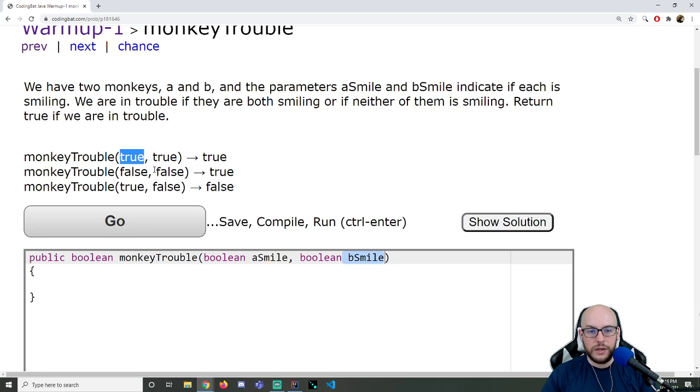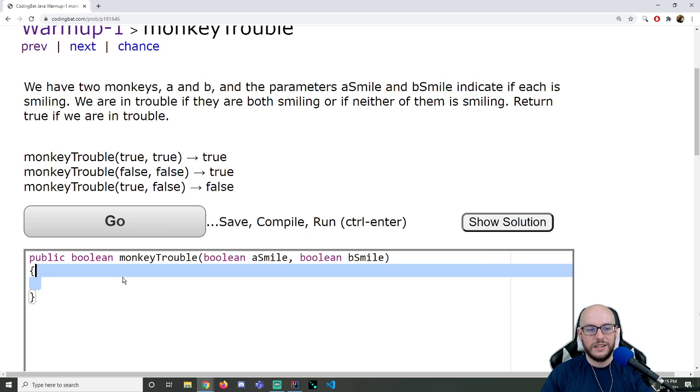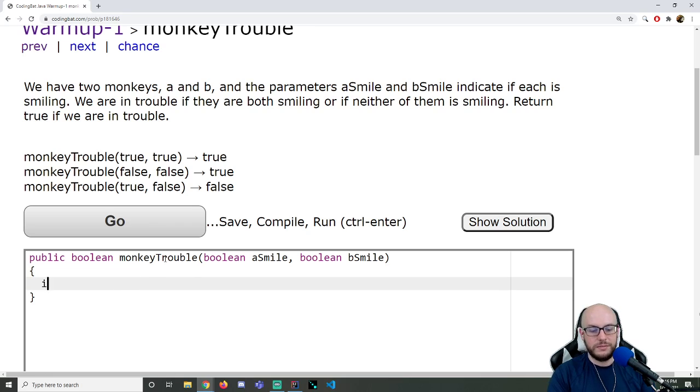This true value here is going to be my A smile. This true value here is going to be my B smile. We're in trouble because they're both smiling in that case. With this particular example, neither of them are smiling, and so we're in trouble. Here, A is smiling, but B is not, so they're not the same. That's a false. I kind of maybe jumped the gun there with helping you figure out a quick solution, but